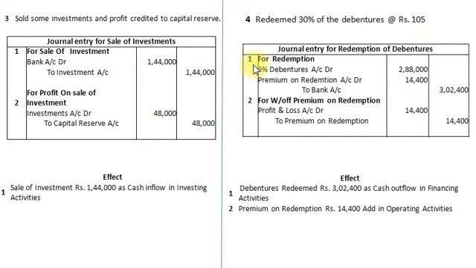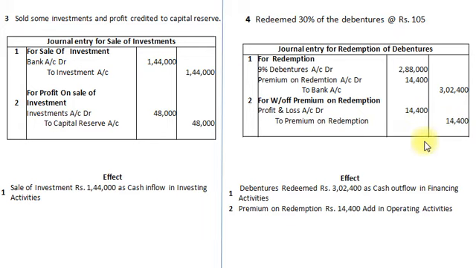So our first entry for redemption of debenture: 9% debentures account debit 2,88,000, premium on redemption account debit rupees 14,400 to bank account rupees 3,02,400, and second entry for writing off premium on redemption of debentures: profit and loss account debit to premium on redemption account rupees